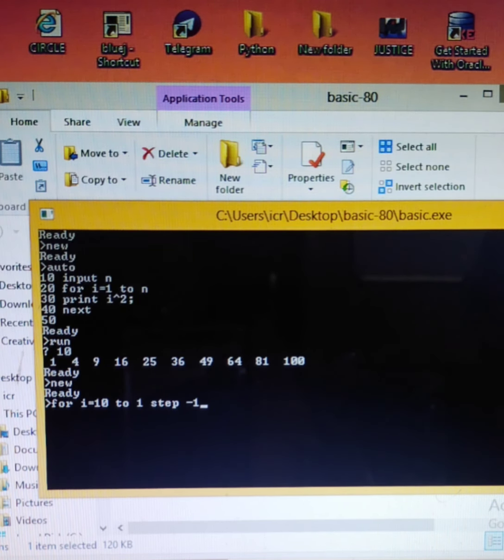So what will happen? You are going to print I, and then next I. Presently the value of I is 10, so first of all 10 will be printed, then minus 1 will decrement the value of 10 and it will become 9. So after 10, 9 will be printed, then minus 1 will again decrement it and it will become 8, and so on. Right? Because I am going to give you these questions in your class sessions. I just gave you a hint so that you may not get confused, and I think this is helpful for other students also.